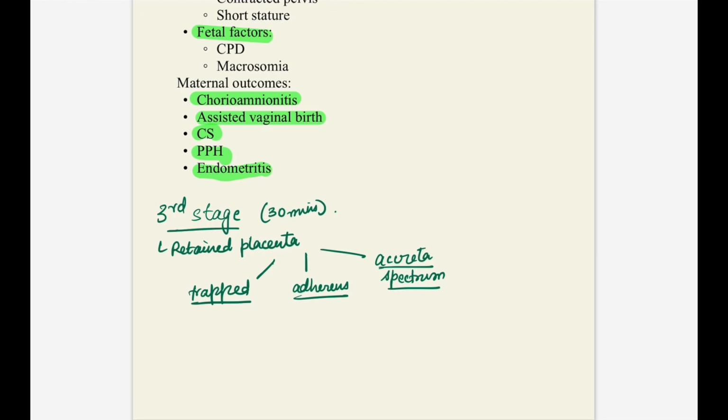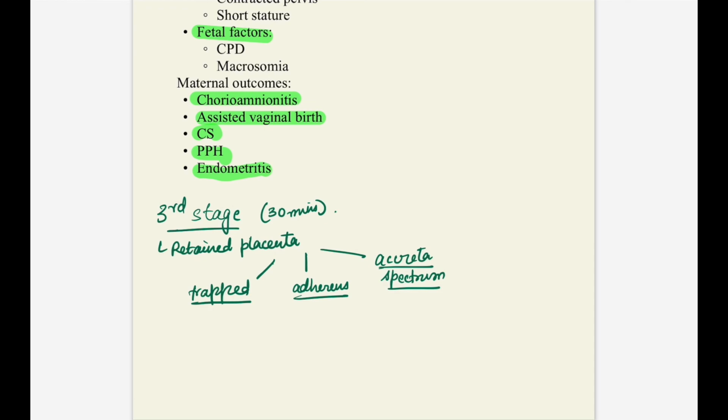In that, what you do is one hand will go along the umbilical cord, the vagina, the cervix, and the lower uterine segment, and basically will get into the uterus to find that maternal placental interface or the plane. And the other hand is always at the uterine fundus to keep the uterus in position. Now, once your hand has found that maternal placental interface, the placenta is gently dissected using a side to side swishing movement of the hand, and that basically separates the placenta from the uterine endometrium.